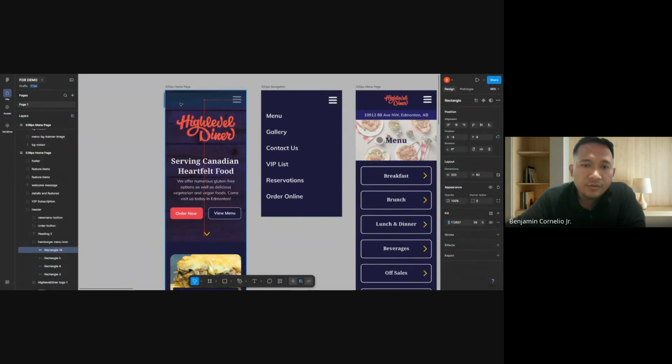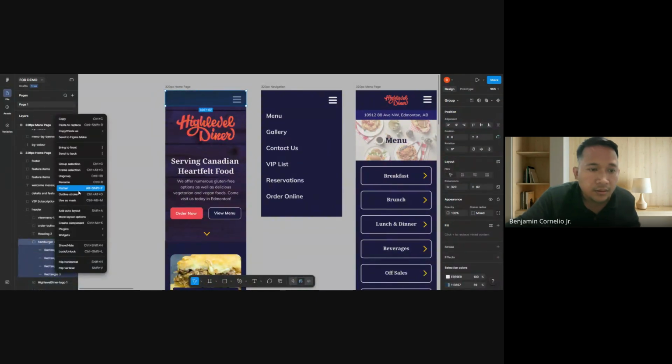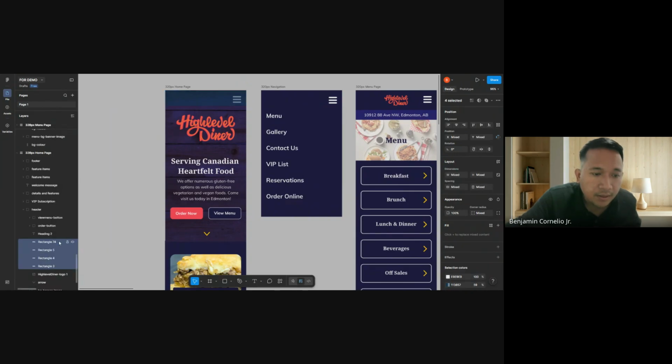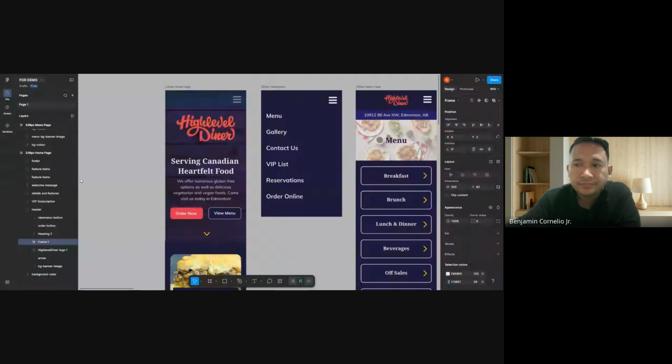Let me remove this one right here. Make it center above. Okay. And let's try combining this one. Ungroup, and then let's group them like a frame section. Now it's a frame,